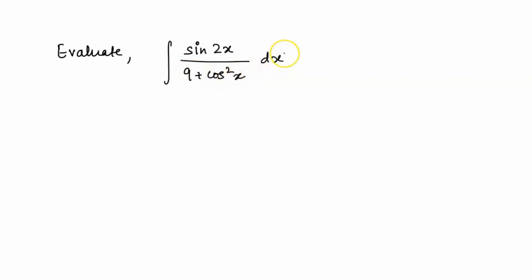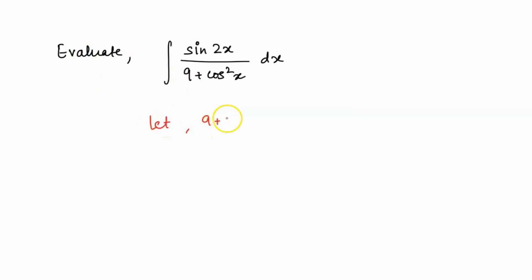Hello everyone, so we need to evaluate this integral: the integral of sin 2x divided by 9 plus cos squared x dx. So let's jump on to the solution of the question. Now, if this is the question given to us, this is the integral. Let us say that